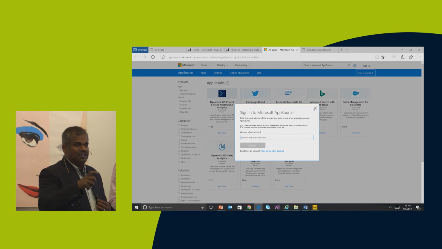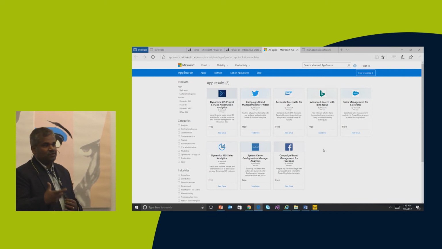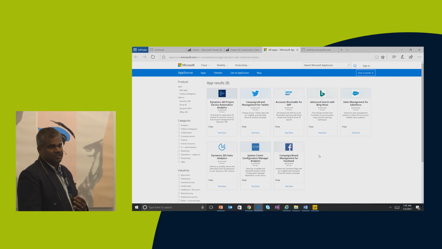So it gives you about 70% of the way in terms of preparing all of the content, and then you can go and customize with the help of a partner who is actually approved, who use this solution template and leverage it. So that's what helps you in terms of getting into a faster deployment cycle to leverage your data